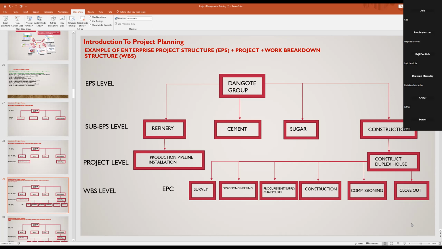The engineering, they are the core engineering guys, the design guys. Go to procurement, you have the supply chain, the buyers, the procurement guys are doing all these. They have their own software like SAP that they're using. And the procurement guy combines with the commercial guys that has another software like Sage that they're using. So everybody has his own